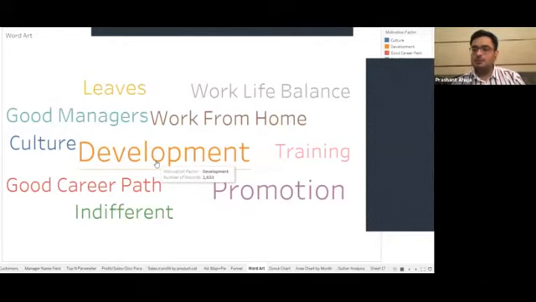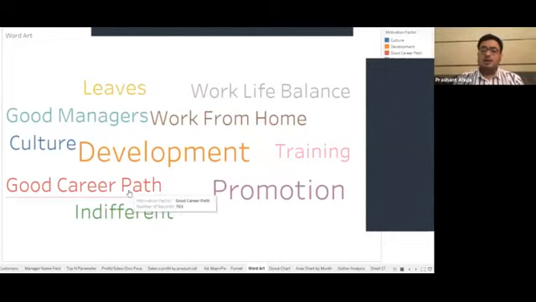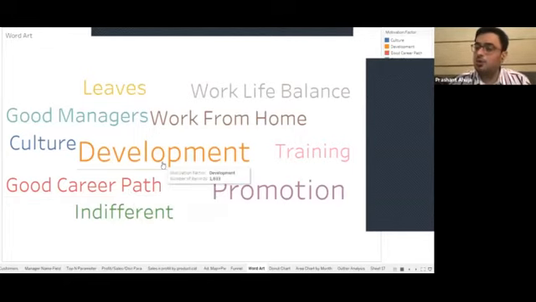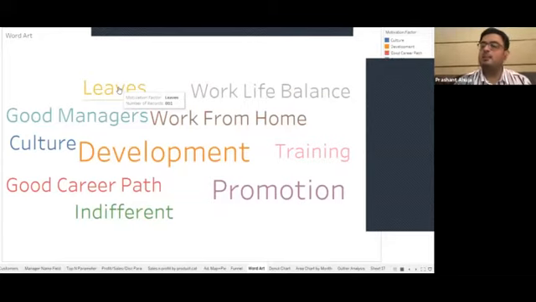The employees feel the bigger the size, the higher the stress on that particular word. The development, promotion, good career path, they represent that the employees are really willing to develop. They want to grow in their careers. They want to get promoted. They want to have a good work-life balance. Leaves, on the other hand, play a role, but a little less important role as compared to the rest of